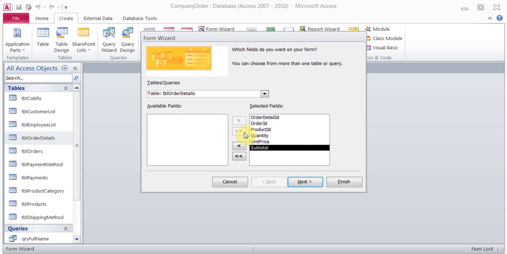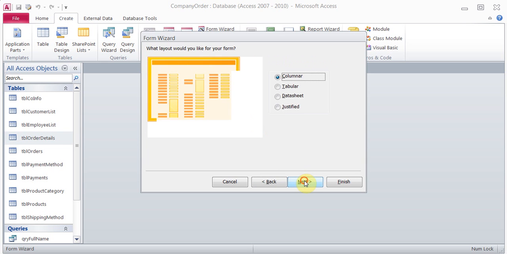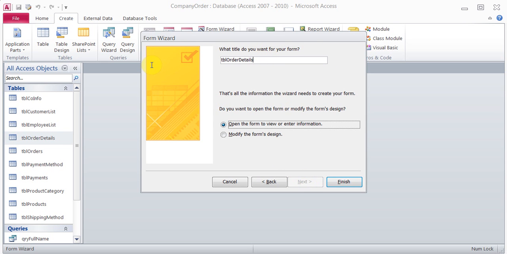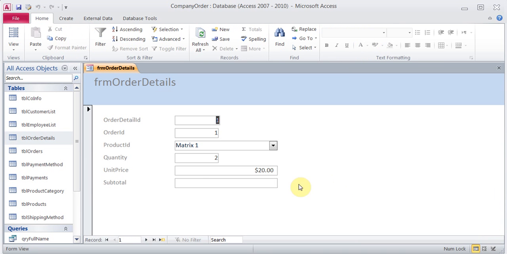Click all the fields, next, next, and I'll just call it FRM order details, and I'll click finish. So here my subtotal is not there, so I'm going to click here in the corner, go to design view,